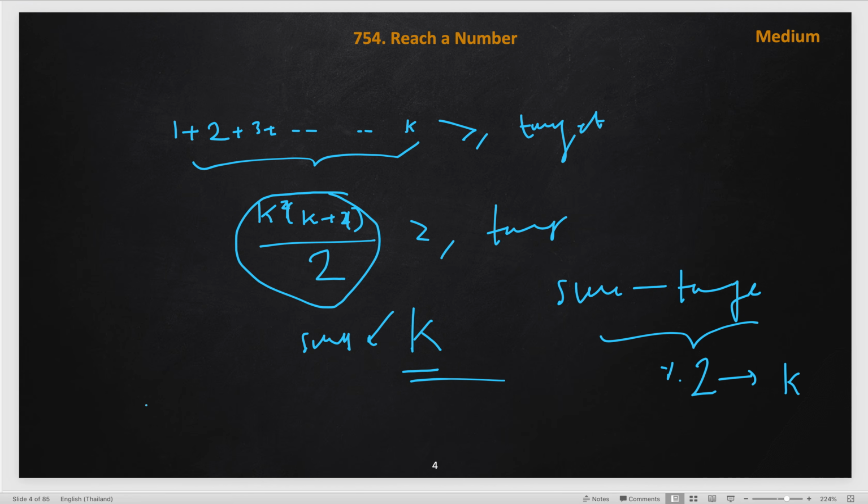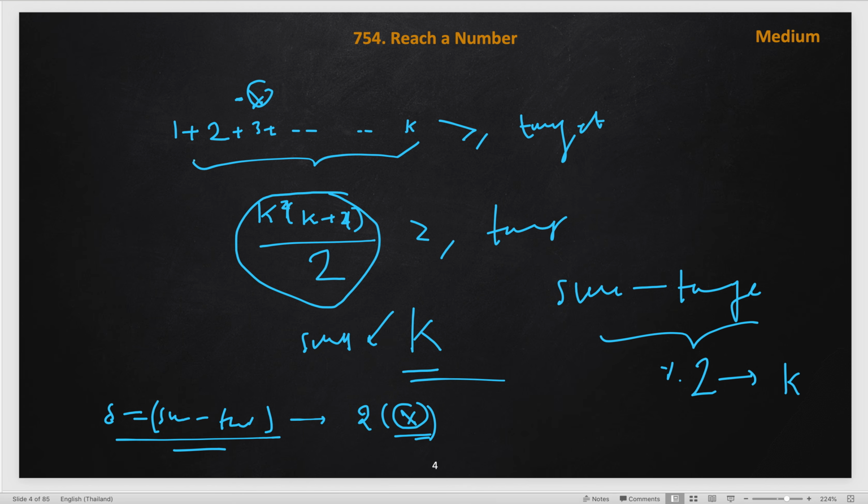So first of all we will find out the difference, which is sum minus target, and if it is even, then there is a small x. If this is even, which will be a multiple of 2, say 2 of x, then we can change the sign of x in our summation, like somewhere x will be there. If we change the sign of our x from plus to minus, we are subtracting 2x, which is the difference. When we reduce the 2x from our summation, instead of crossing the target we will reach the target. So this is the way we can solve this problem.